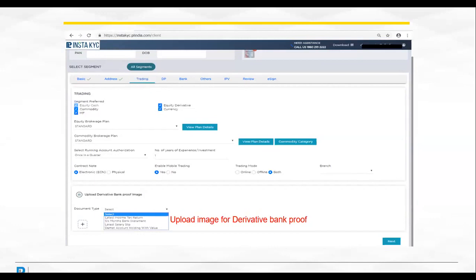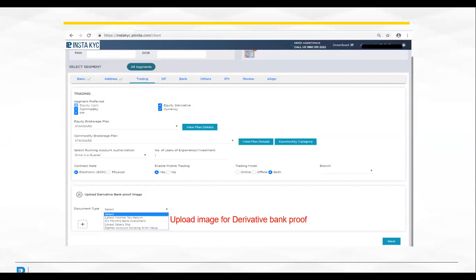In the others, you need to enter your education, then your occupation, your annual income, and the PEP relationship will be by default no. And for the PMLA risk category, we have 3 options, that's high, medium, and low. According to your preferences, you can choose the category, and accordingly the PMLA risk category reason will be as per SEBI rules and regulations.